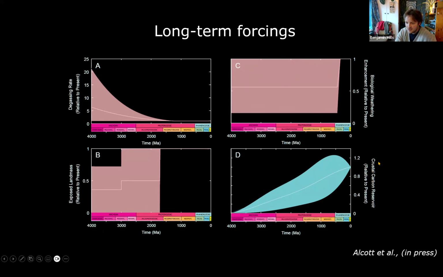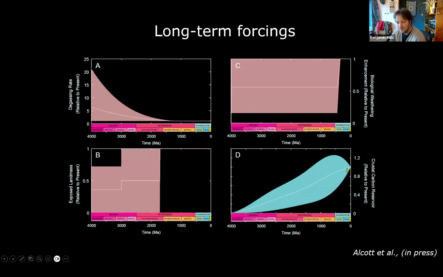But what the blue one is, is the relative crustal carbon content of the crust. So this is carbonate rocks, just how much carbonate you find in the crust over time. Because if you go back to the early Archean, you look at the primordial crust, there are few carbonates precipitated in it. It's largely a silicate crust. Whereas if you go to the present day, you have this huge buildup of carbonates and also of organic matter that's now in the continental crust.